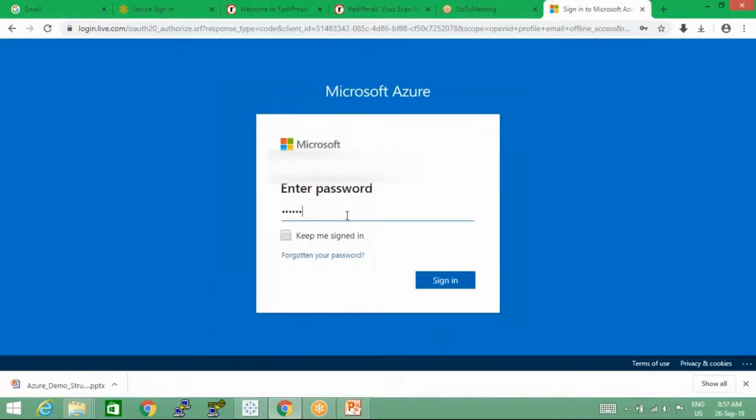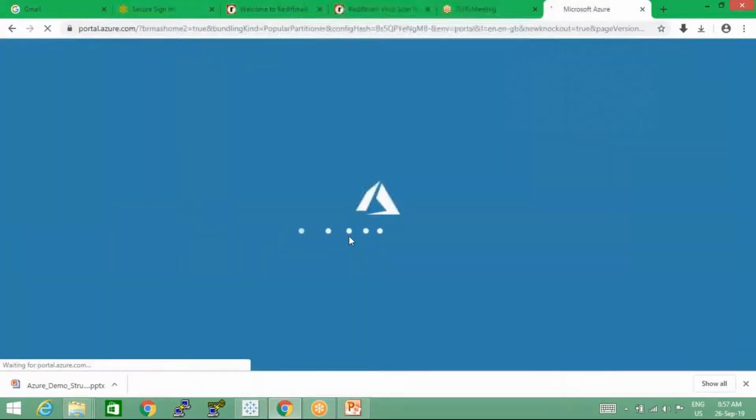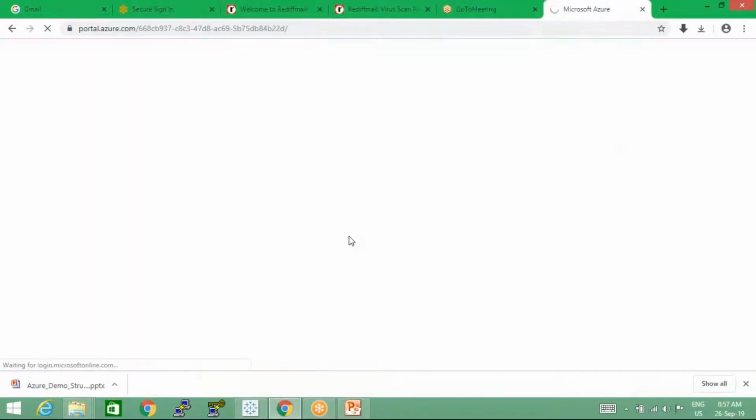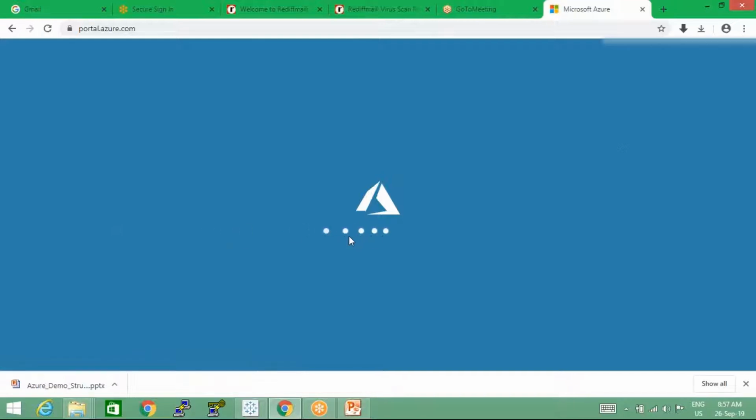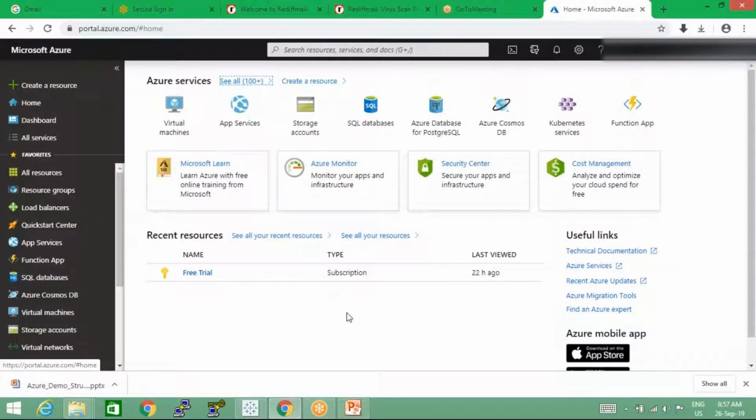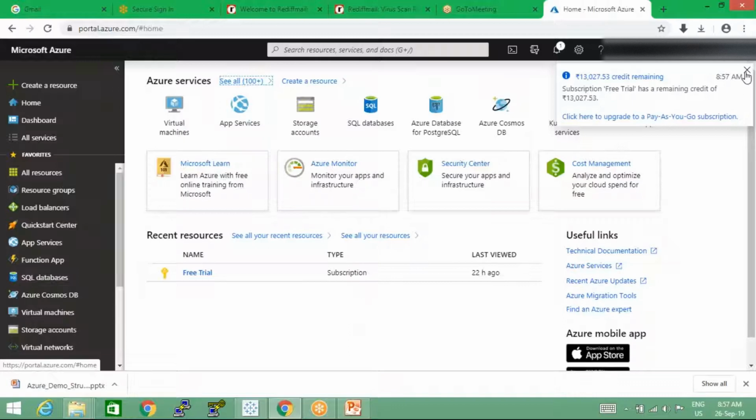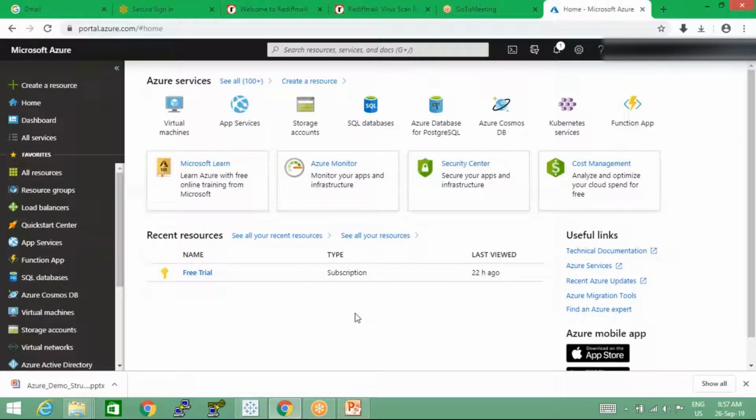And let me tell you, as a security principle, every user has to go through this kind of authentication so that only authenticated users would be able to make use of cloud resources. And as a cloud administrator, you get to implement a lot of other security aspects, not just authentication, but also something called multi-factor authentication, where when a user logs in to access some cloud resources,